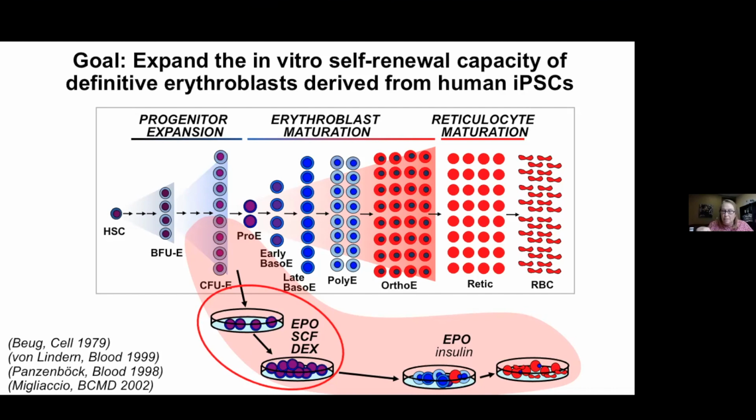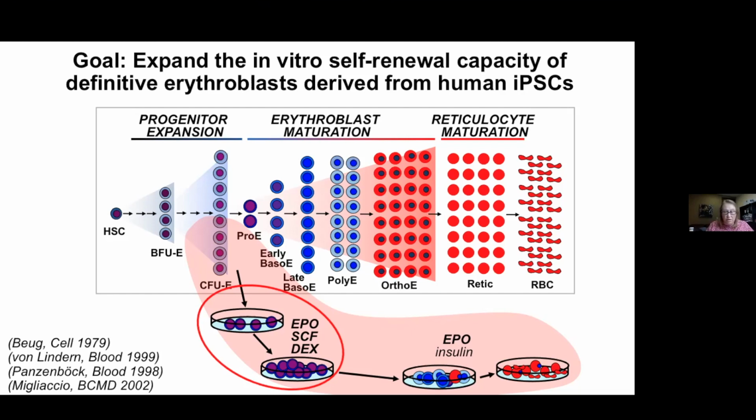We had done work in the mouse years ago to show that we could actually get extensive expansion with those three signals, and that this relied on an increased expression of BMI1. BMI1 is a member of the polycomb repressive complex, and it's been found in a number of different stem cells as well as malignancies to be involved in self-renewal. And we found that if we kept high expression of BMI1 and took out dexamethasone, these expanding cells would still be able to complete maturation, make RBCs, both in vitro and in vivo in